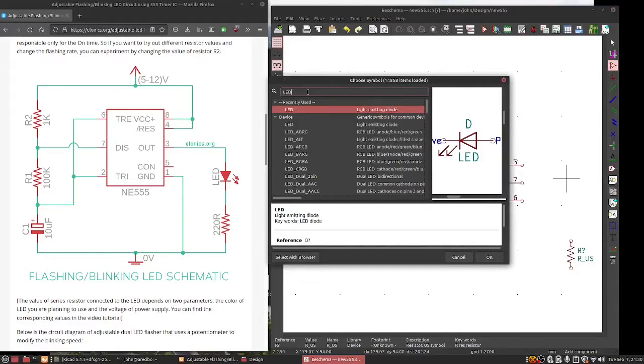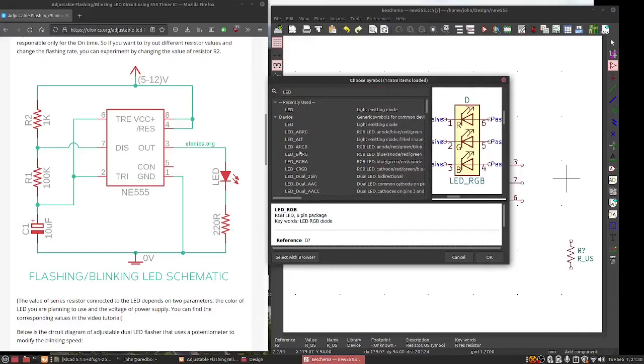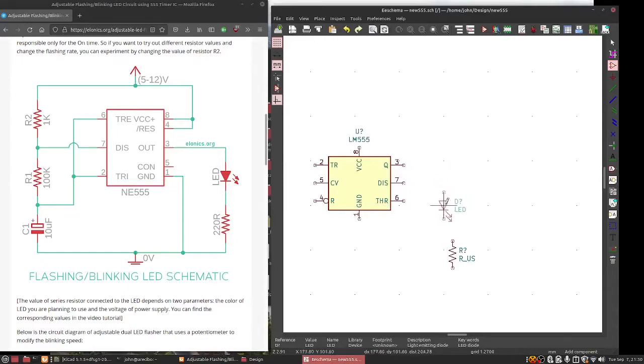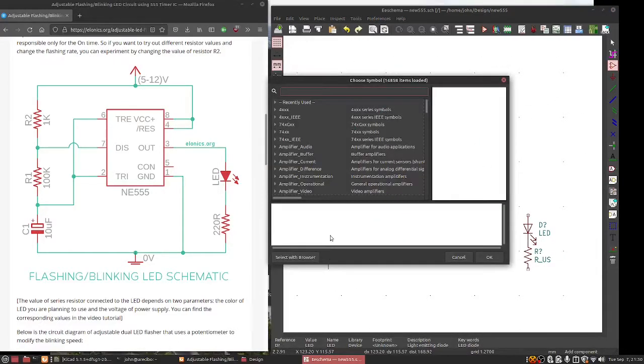Now let's go for the LED. There's all kinds of options in here. You have RGB LED or something like that, but here's the most simple one, and because these guys are directly connected, I can just plug them together straight away. Likewise with the capacitor,